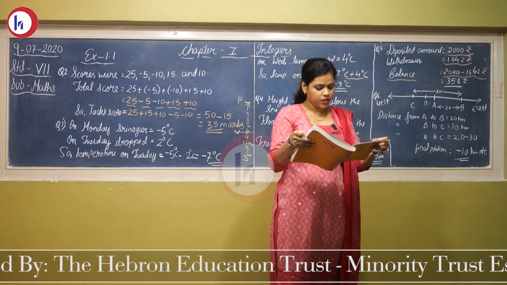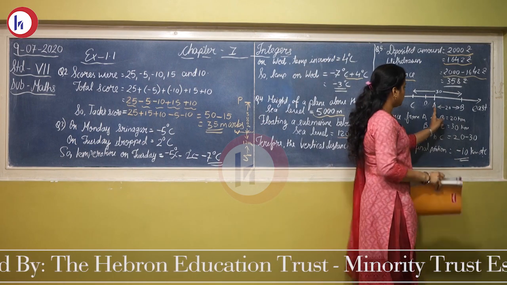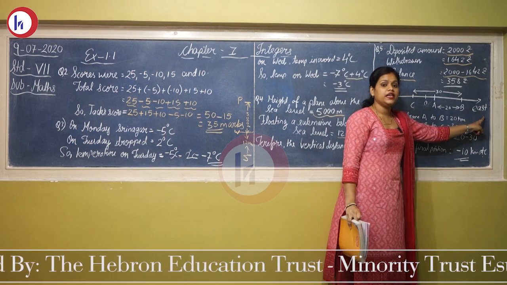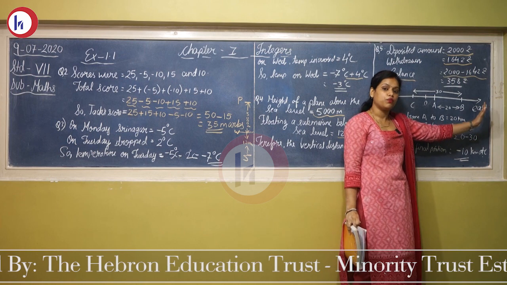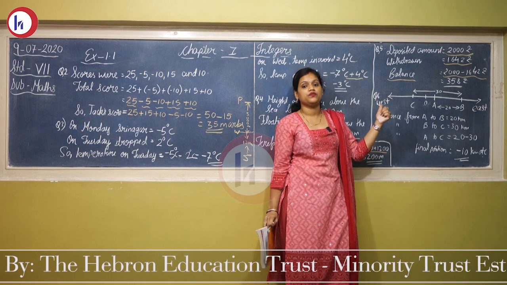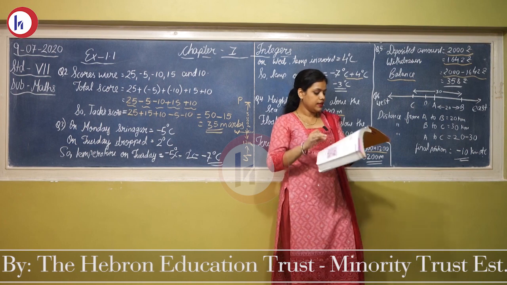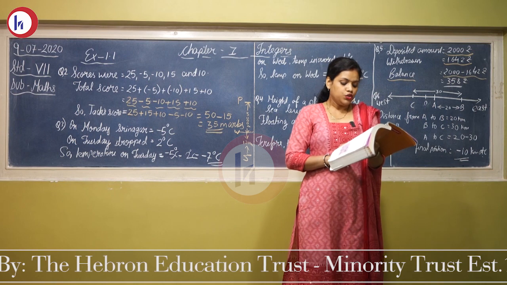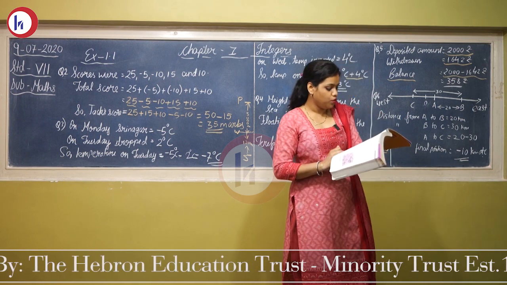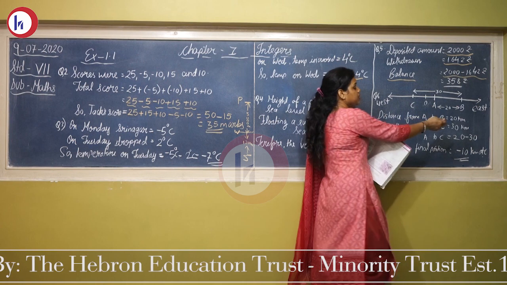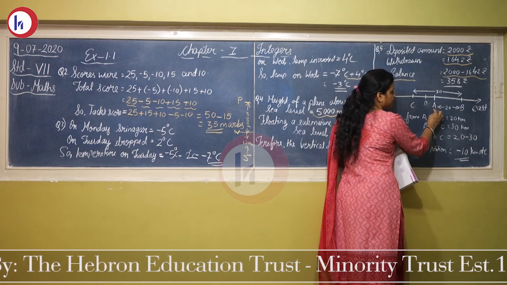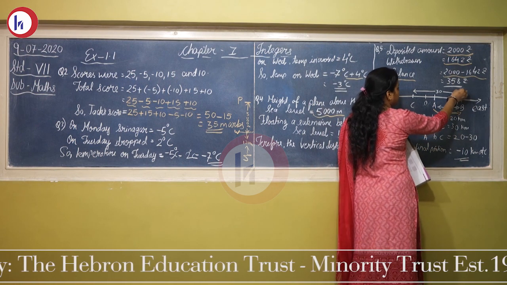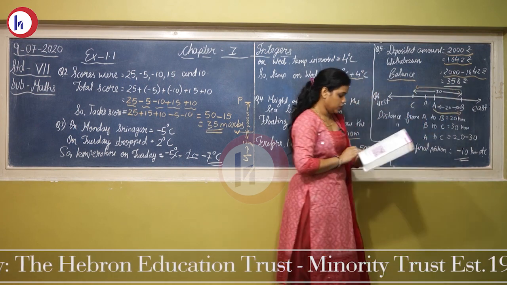Rita goes 20 km towards the east from a point A. Now here in this question, again it is showing that from A to east, in the east direction we show positive sign and in the west we show negative sign. So it is telling me that Rita goes 20 km towards east from point A to point B. From B she moves 30 km west. First she is traveling from A to B, 20 kilometers. Then she is coming back from B to C, 30 kilometers.